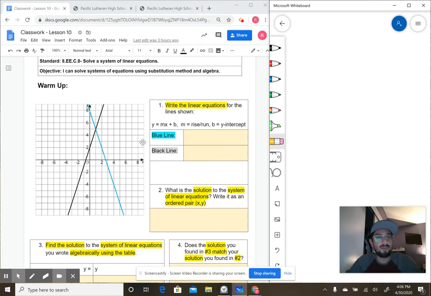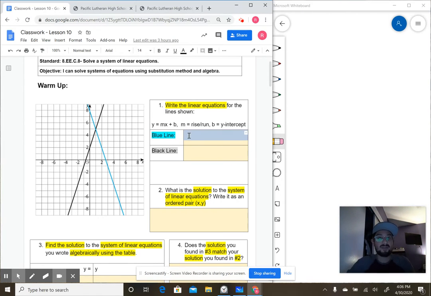So for the warm-up, write the linear equations for the lines shown. So linear equations are y equals mx plus b. M is your rise over run, and your b is your y-intercept. So the rise for the blue line would be up 3 over 1, and since the line's going down, it's going to be negative 3 over 1, x plus